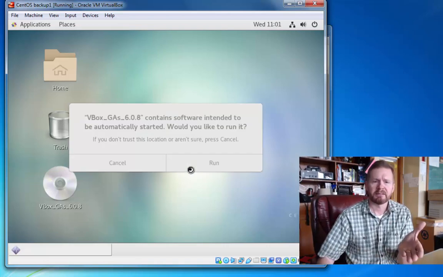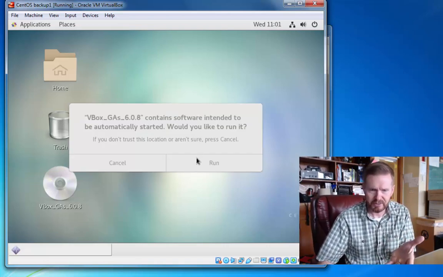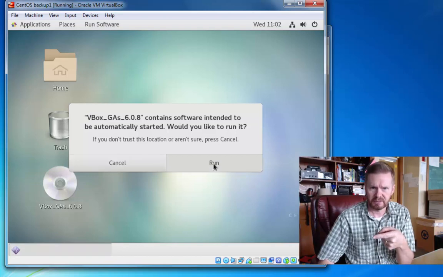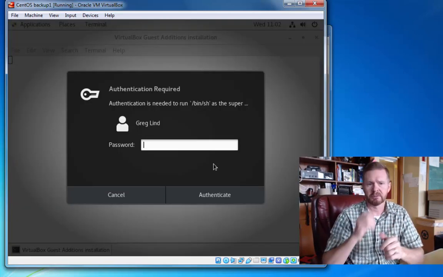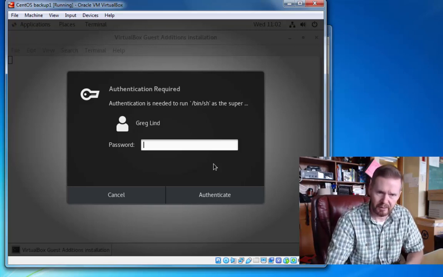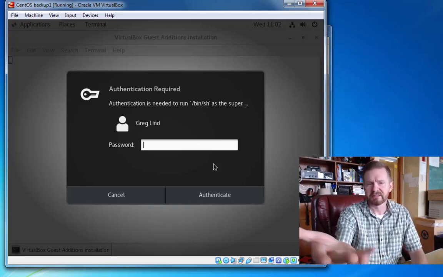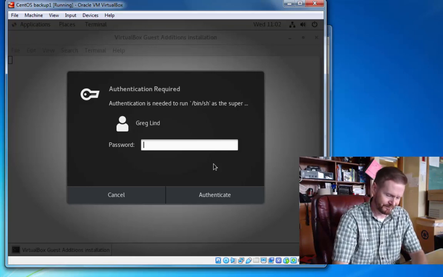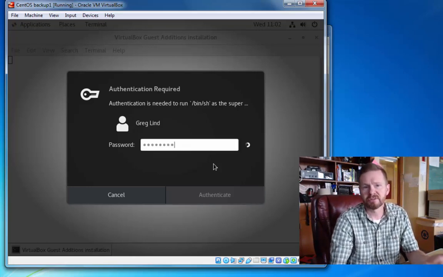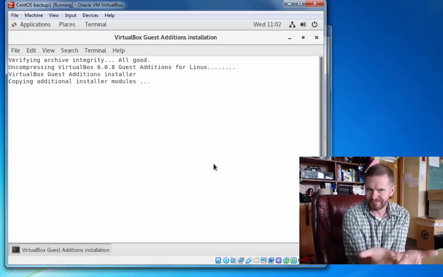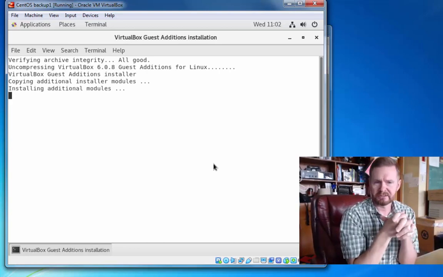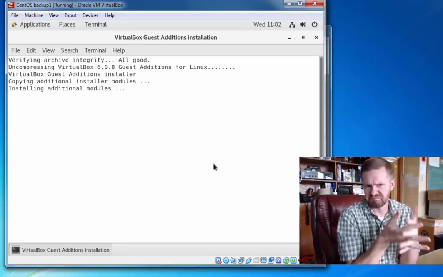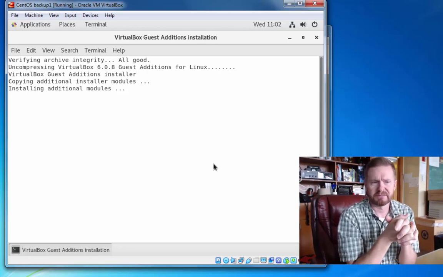Okay, and then this is sort of like autorun on Windows. Let's click run. It should open up a terminal window, and it's going to ask us for our password. This is the graphic version of sudo. We're just entering our password like into sudo, and then in this little terminal it's running as sudo. This will take a few minutes, but it's